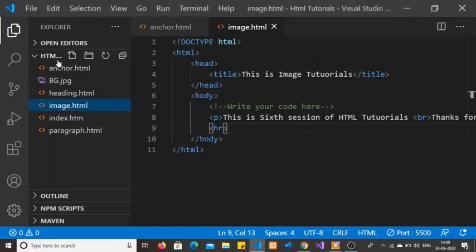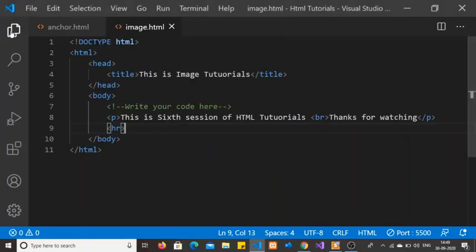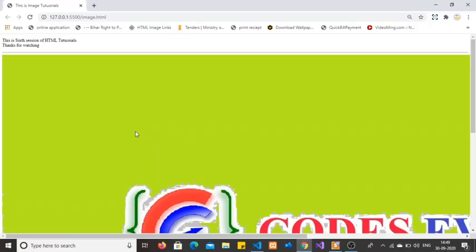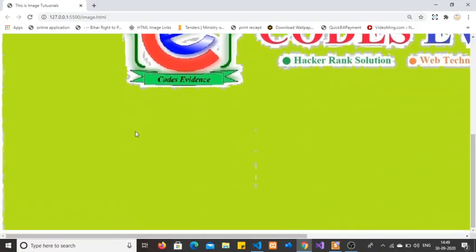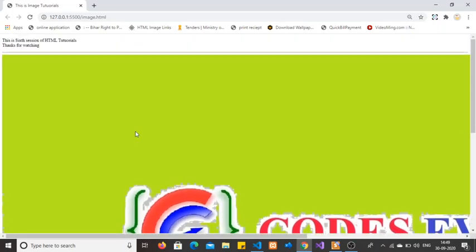I have not written anything about the image, so let's move to the code editor so that we can add some image attributes. This is the image tag. No need to close. So let's apply the first attribute, that is the source attribute. I am giving a file name, this is a JPG. Let's look at the browser. Yeah, previously no image was present in the document, but after applying the img tag in this document, I can see here the image is loaded.